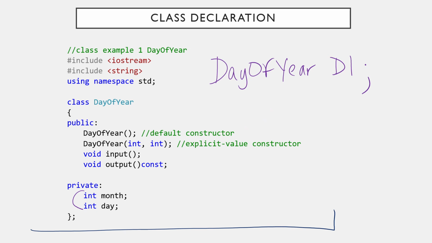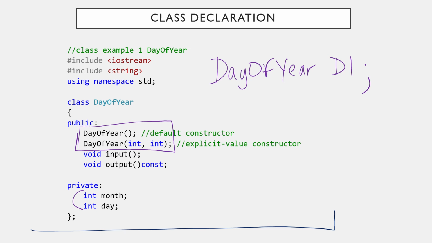Now we also have what's called an explicit value constructor, and because both of these two functions have the same name but different parameters, they are called overloading the function. So if you have two functions with the same name but different parameters, that's called overloading. The default constructor, if you declare an object of type day of year, will be called automatically, but you can also pass it two integers